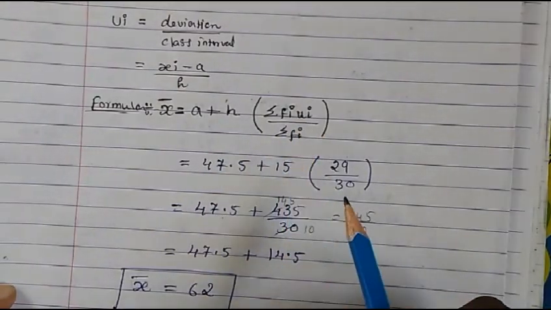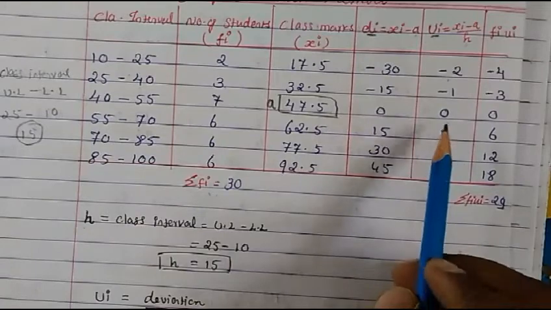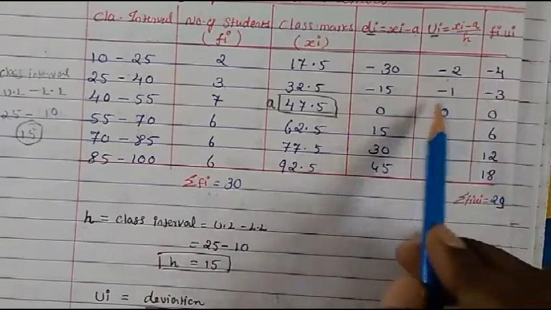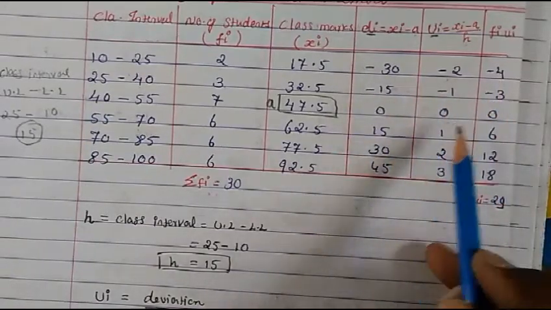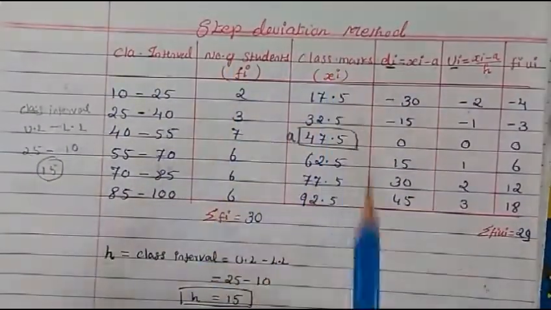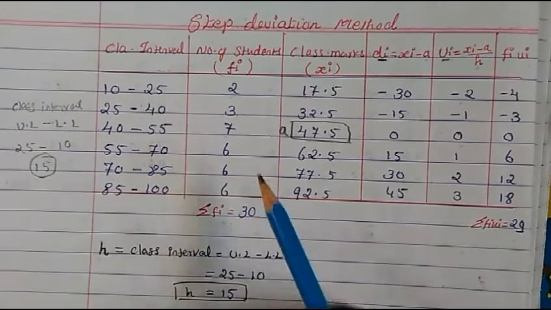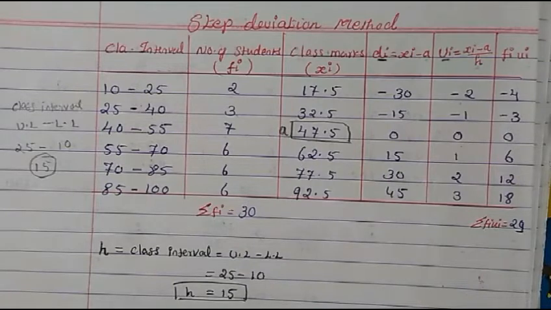So that's it. The step deviation method is very easy, because with these two columns there is nothing to calculate, and you can close your eyes and write down these two columns, and then the calculation becomes very easy. That's why I'm saying the step deviation method is very easy. When I explain the sums to you, you will understand better that step deviation is the best way to solve the sums, and you will understand that as we are doing the sums.